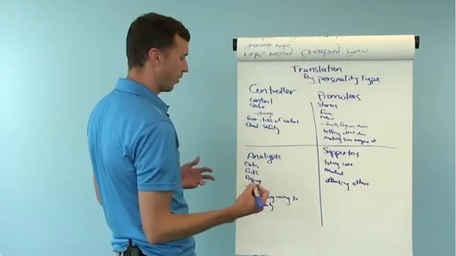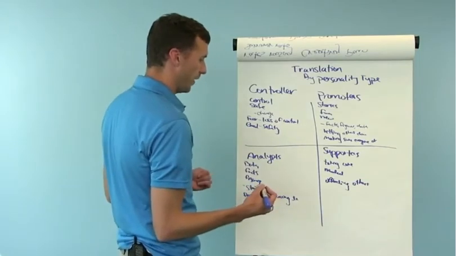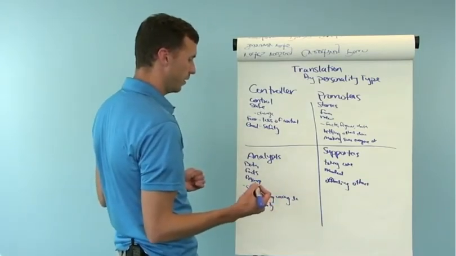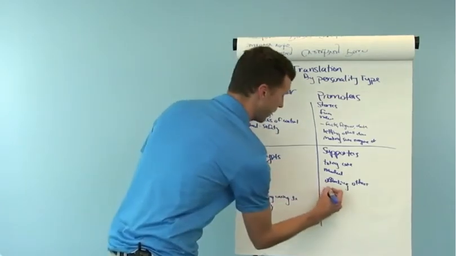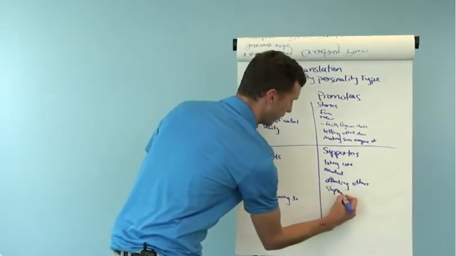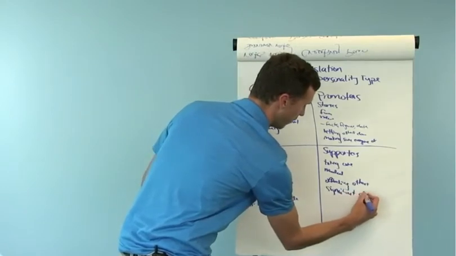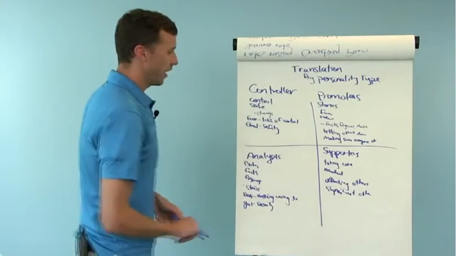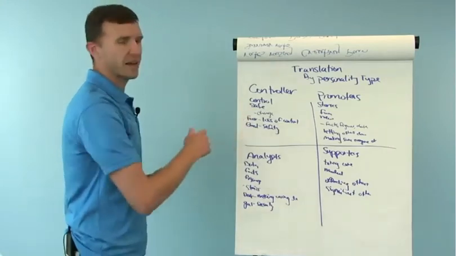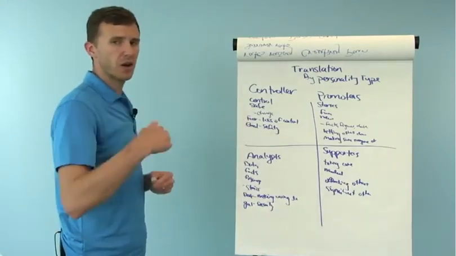And what is their goal? Their goal is to make sure that their significant other is taken care of. Okay, if you know just these simple facts about each of these people, you can start to really figure out